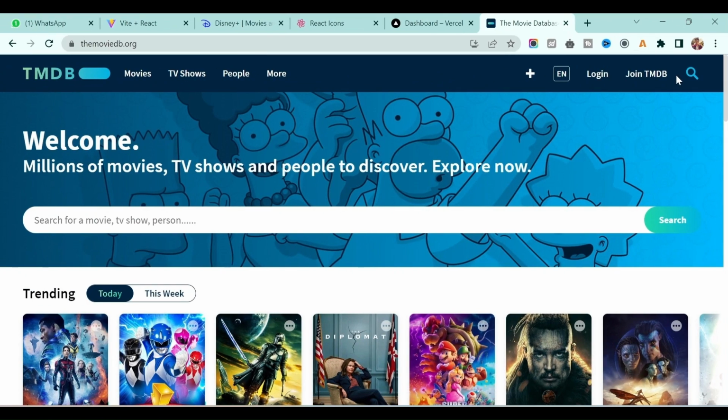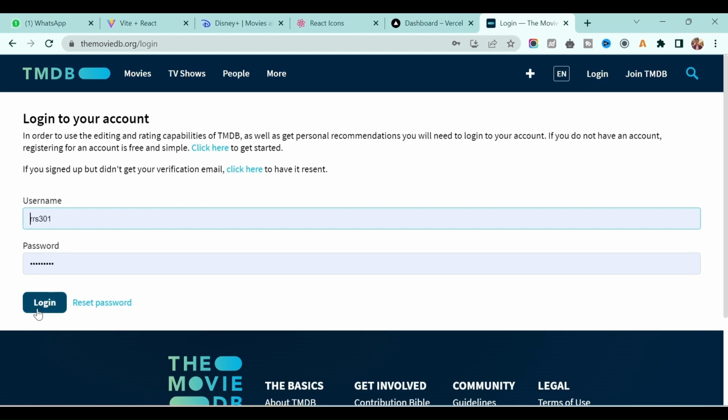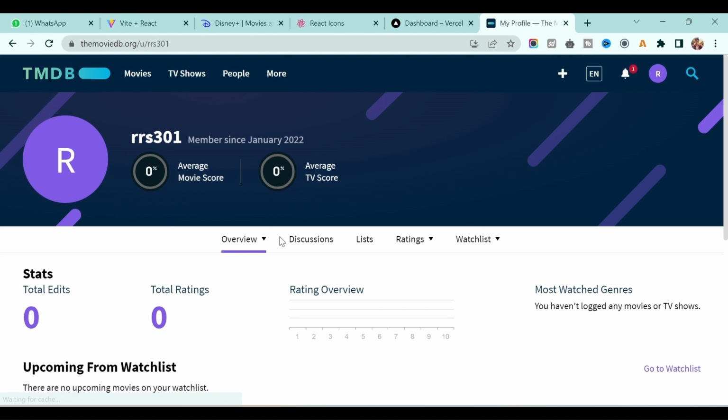In order to fetch the movies, we are going to use themoviedb.org. This is an open source API for all the movies, where you will get all the latest trending movies, all their details, the genre, and a lot of things. So go to their site and create a new account if you don't have one before. And once you create the account, just log in. Okay, then you will see this panel, so you will see how much API you use and everything, right? This is completely free, so don't worry.